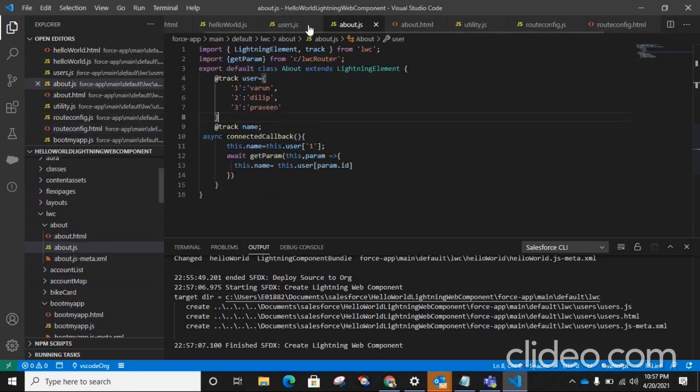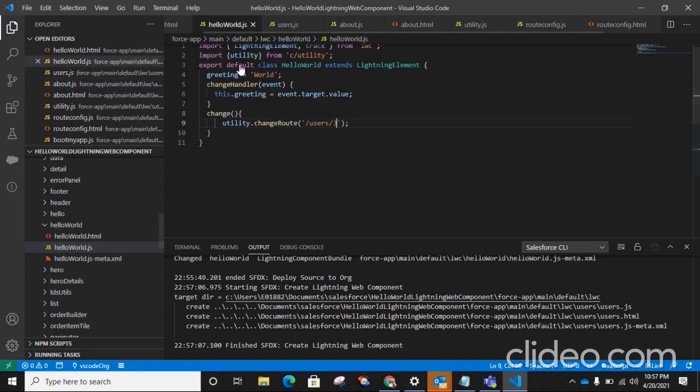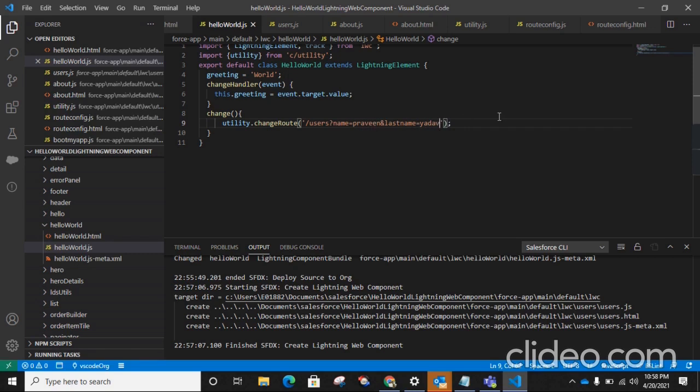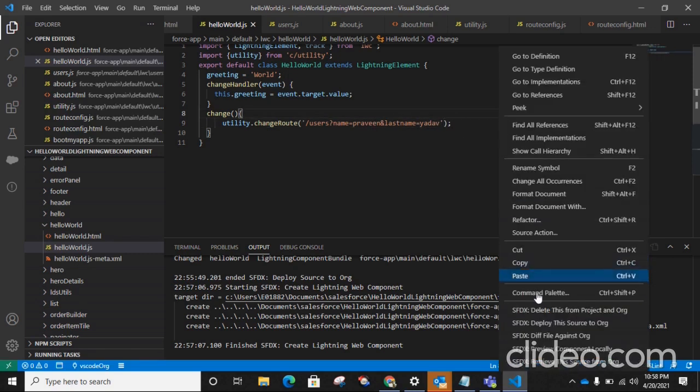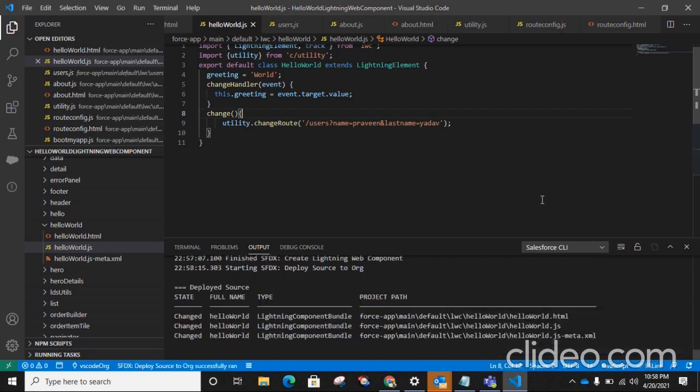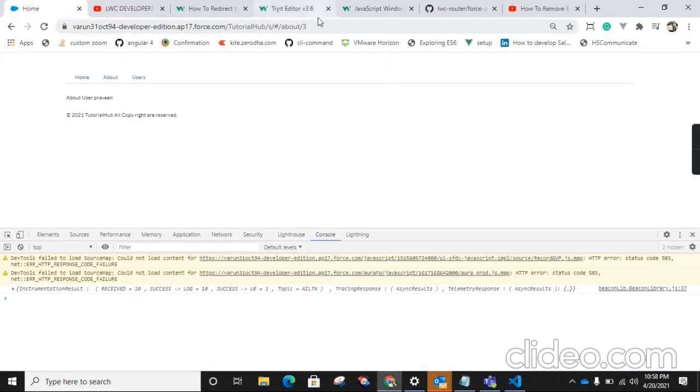Users. Yeah. And the query name is equal to Praveen, and last name is equal to Yadav. Let's deploy it and check it.